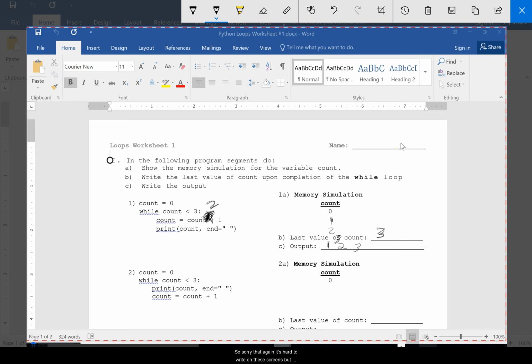So sorry that again it's hard to write on these screens, but 0, 1, 2, 3, and the output is 1, 2, 3. It prints 1, 2, 3 because it does the count first. Now, most of the time you will not see a loop like this, because your incrementer is going before your statements. Most of the time you'll see it like this, where you've got your statements, you're doing something in here, and then when you're finished, you've got your incrementer that adds everything up. Okay, so